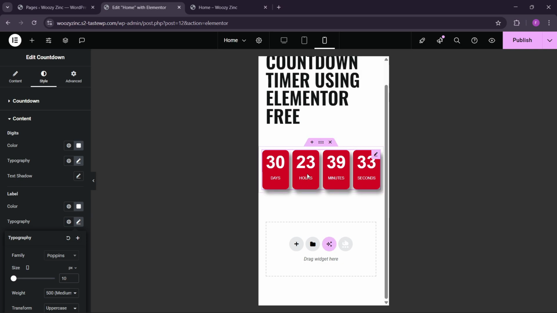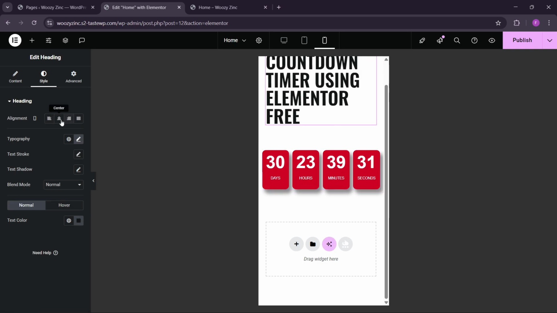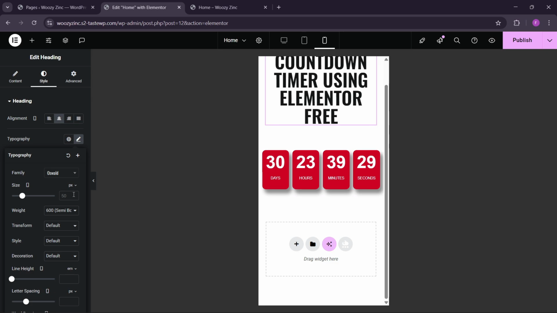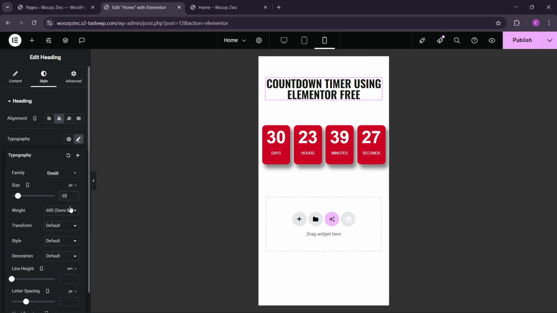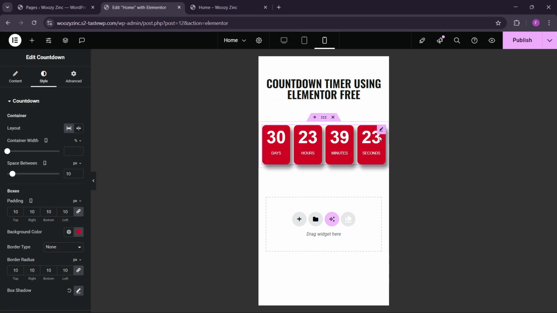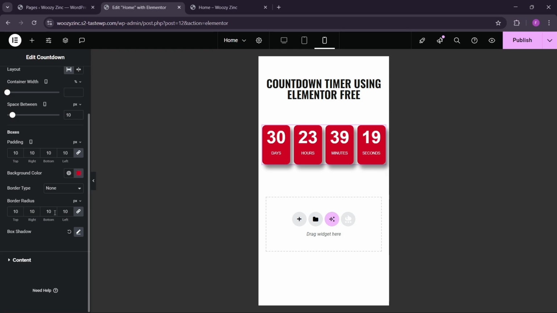Okay, so you can see that we have made this responsive also. You have to just update the sizes and all, like let's make this 30 pixel. So you can see that we have built this responsive also, and in the mobile version you can further extend